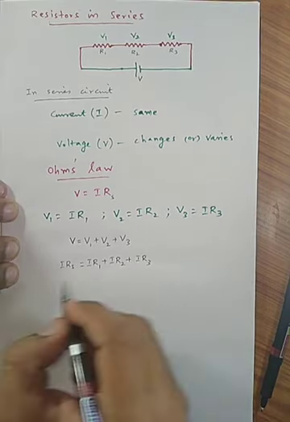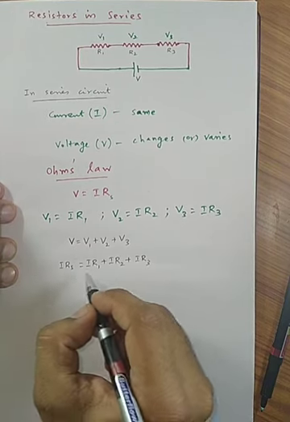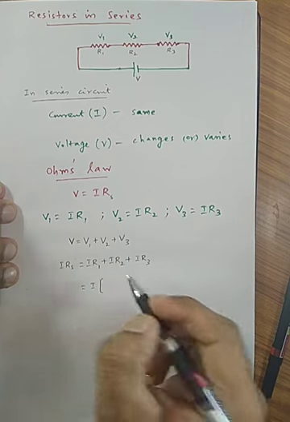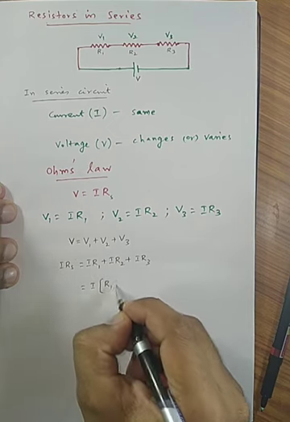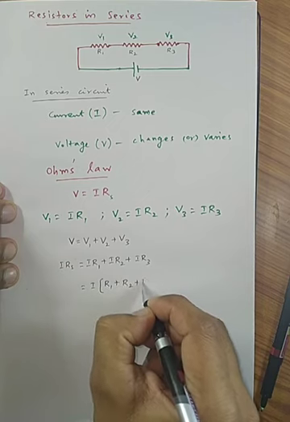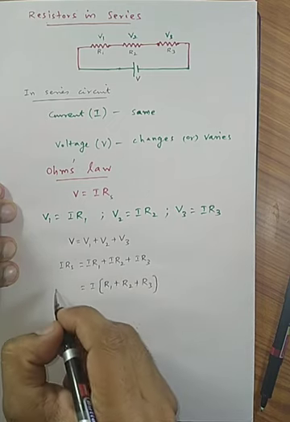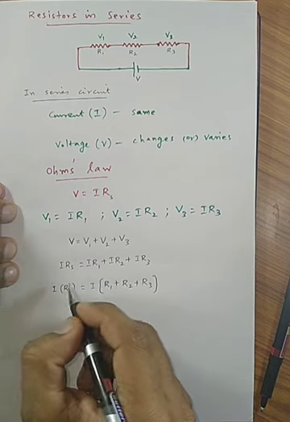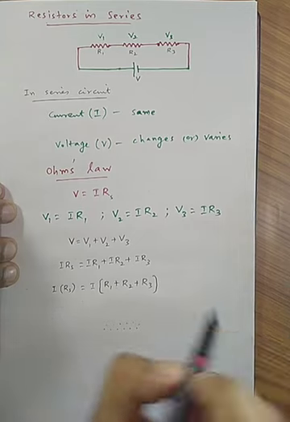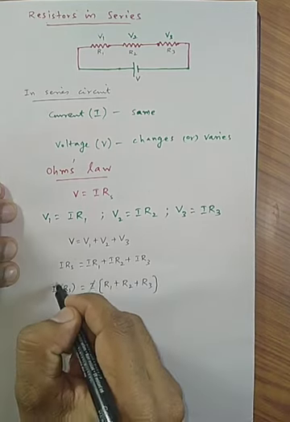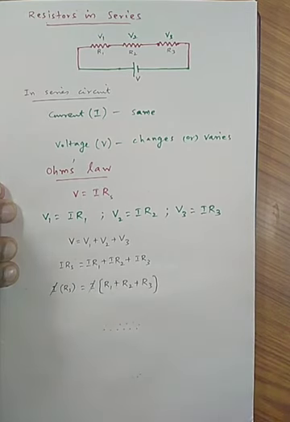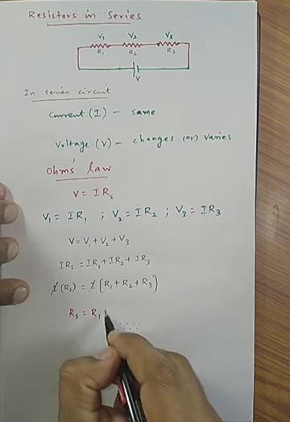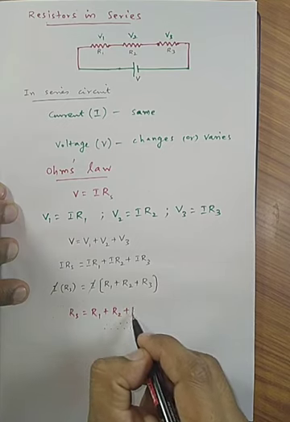Then if you look at these equations carefully, you may find that these three terms have I as a common term. It's taken out, then I obtain this. Then on this side, I do the same. I put RS within brackets. Then the common terms are cancelled here. Then we get the final equation, something like this: RS equals R1 plus R2 plus R3.